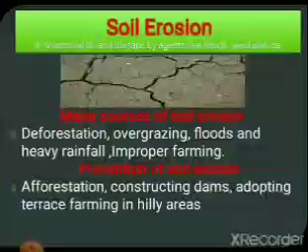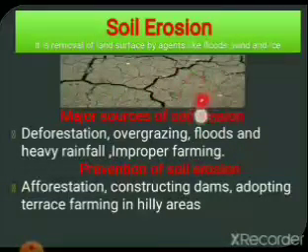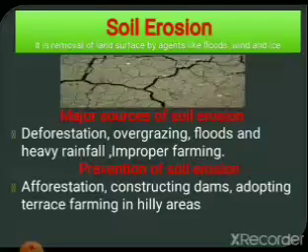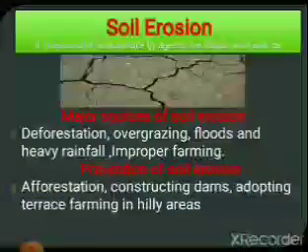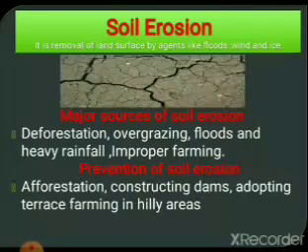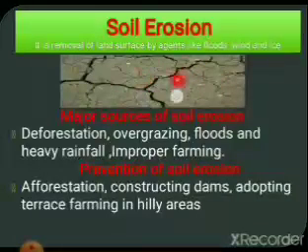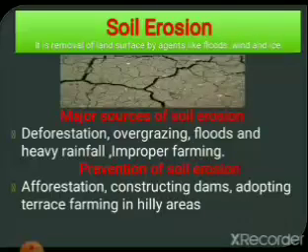Now, soil erosion. As you can see in this picture, this is known as soil erosion. It is the removal of land surface by agents like floods, wind and ice. Whenever floods happen or windy or ice sort of things happen, the soil texture looks like this. This is nothing but soil erosion, wherein you will find the soil is getting cracked over here. So what are the reasons for this soil erosion?